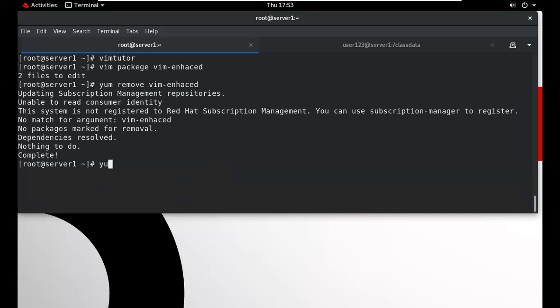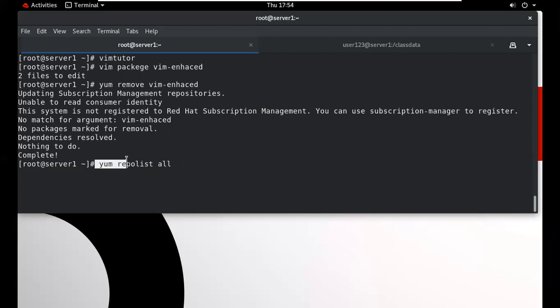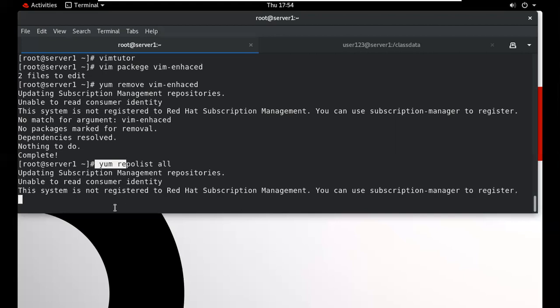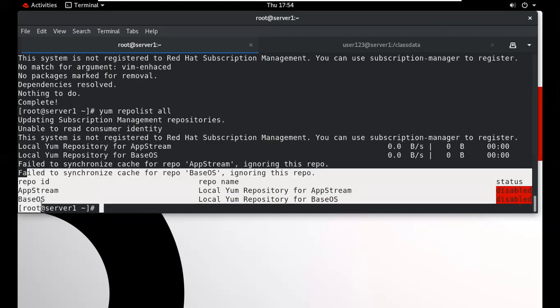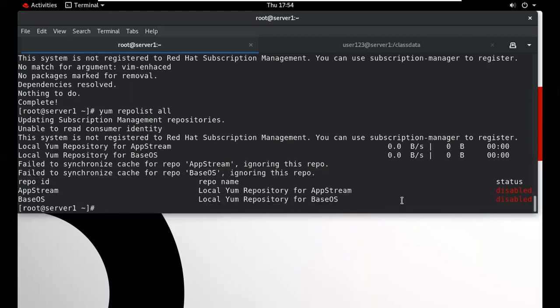Okay, my yum is not working. yum repolist all. I will discuss this particular command in chapter number 9. This is also part of your topic. You can see at this time this is disabled. To enable this, we can use this particular command with /dev/sr0.